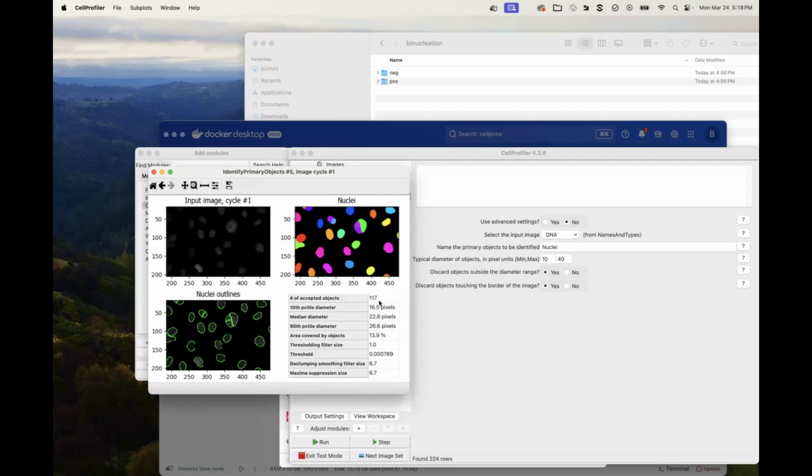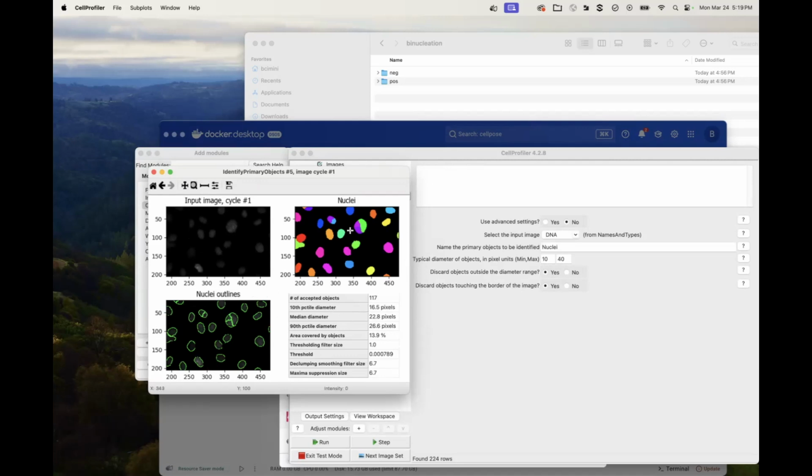One of the things I'm specifically looking for as I'm tuning are these diameter settings. It says that in general, things range between 16 and a half pixels across at the 10th percentile and 26 and a half at the 90th. The reason I'm looking at that is that in general, it looks like the right things are being identified; they're just being broken down wrong.